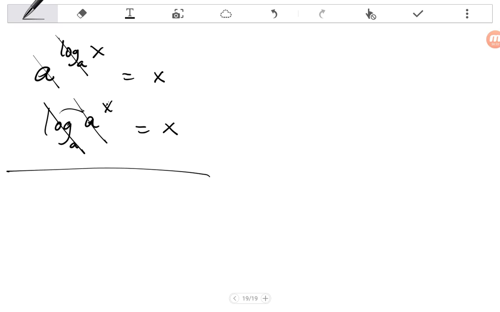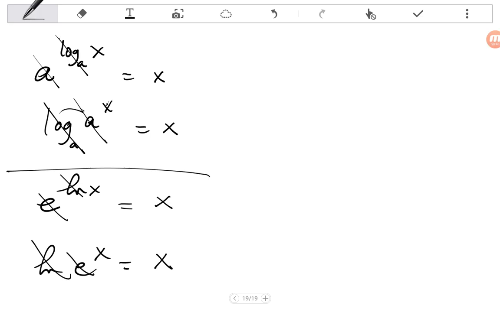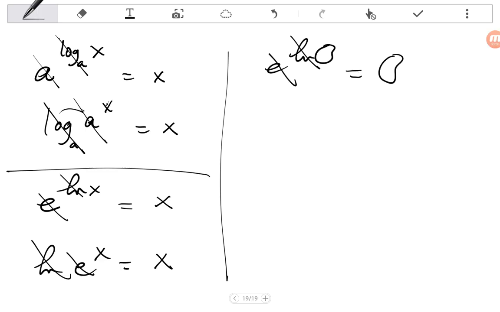And if I write it for the natural number e, e power ln x is just equal to x, and ln e power x is also equal to x. We can write it for x or any other expression that takes the place of x. For example, e power ln of anything will just cancel to give that thing, and ln e power something just gives me that something. Okay,